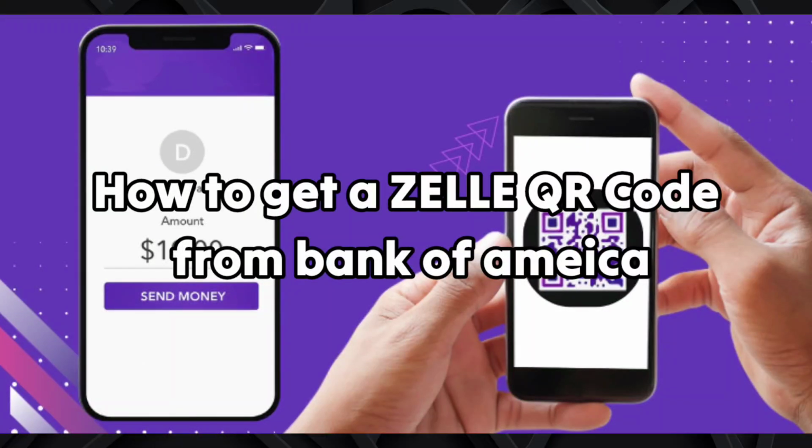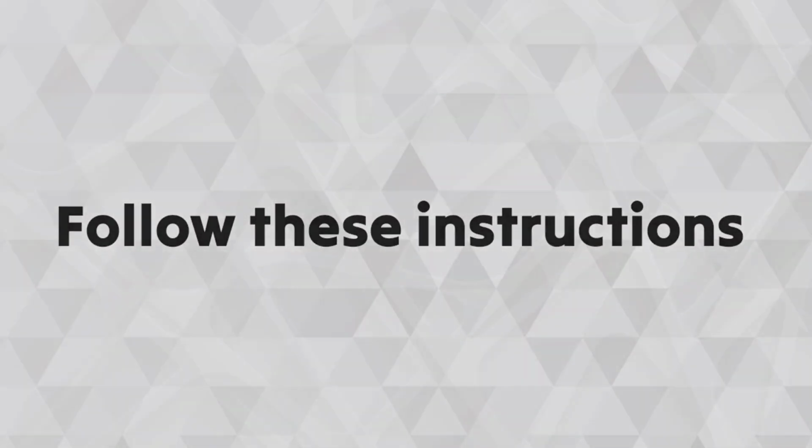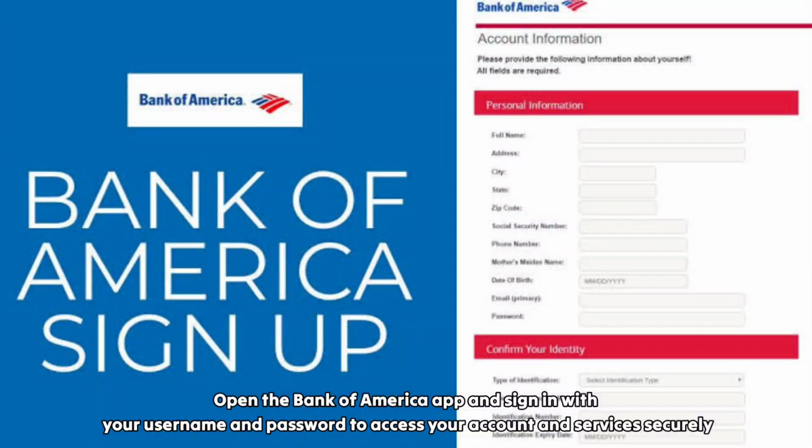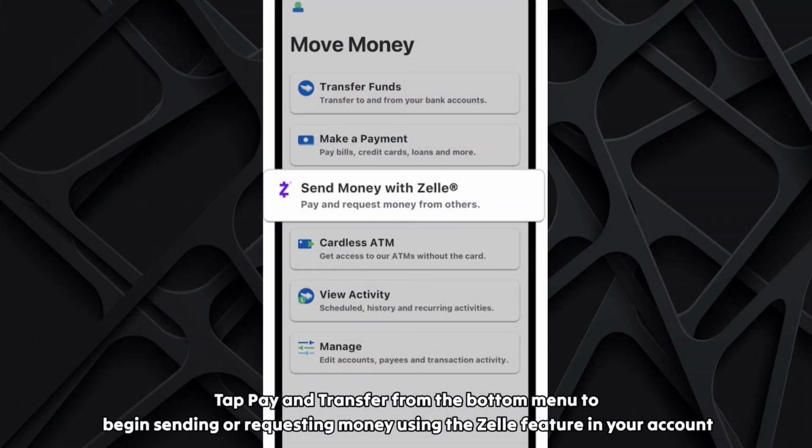How to get a ZELLE QR code from Bank of America. Follow these instructions. Open the Bank of America app and sign in with your username and password to access your account and services securely. Tap Pay and Transfer from the bottom menu to begin sending or requesting money using the